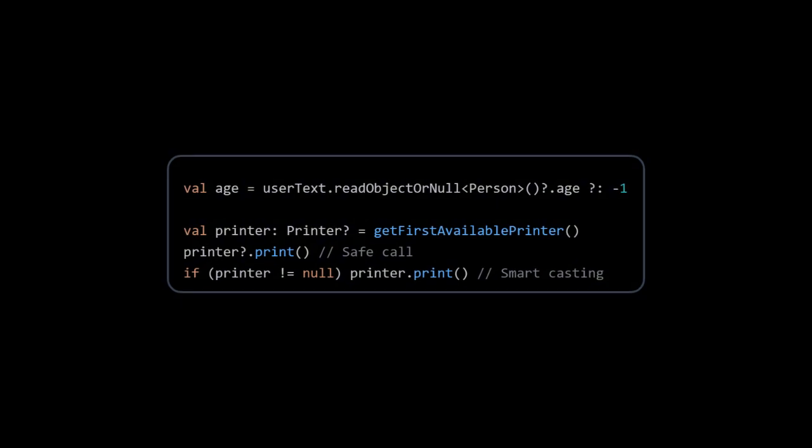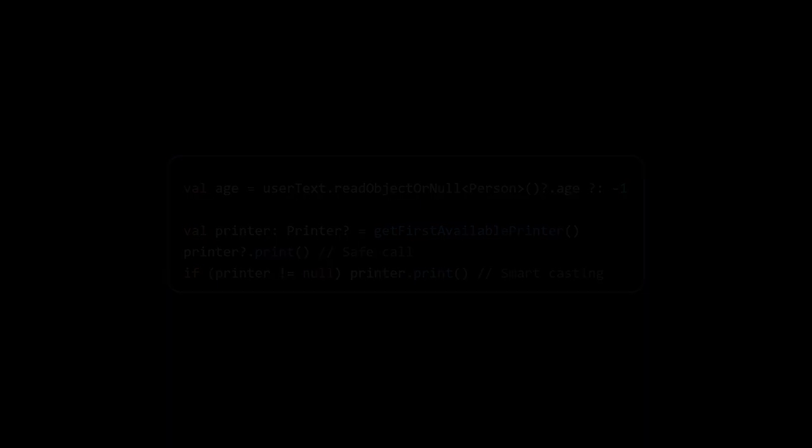We use a nullable type instead of Result in functions that do not need to pass additional information in the case of failure, where the meaning of null is clear. In the function toIntOrNull, it is clear that null means that the string cannot be parsed to an integer. In the function firstOrNull, it is clear that null means that there are no elements matching the predicate. A nullable value needs to be unwrapped before it can be used. For dealing with them, Kotlin offers us many useful features, like the safe call operator, the Elvis operator, and smart casting. Null is our friend, not an enemy.